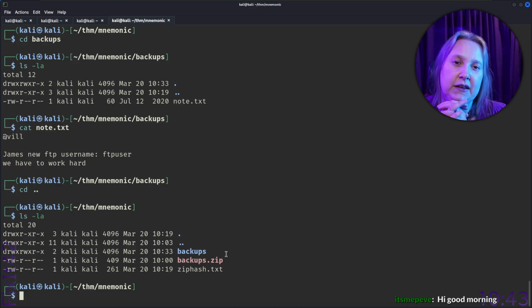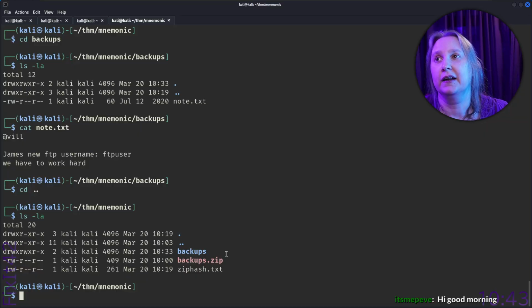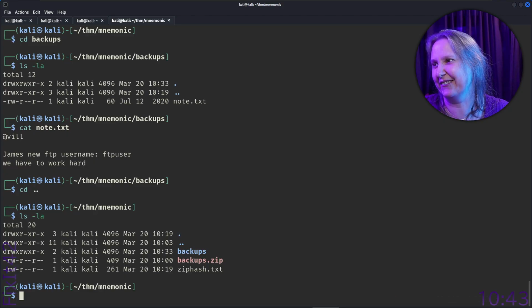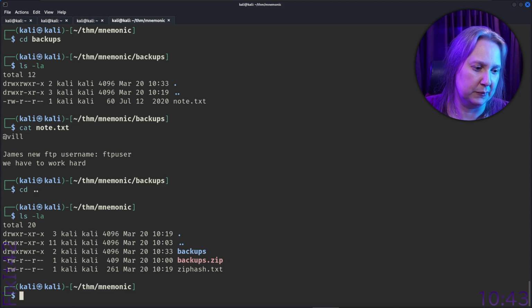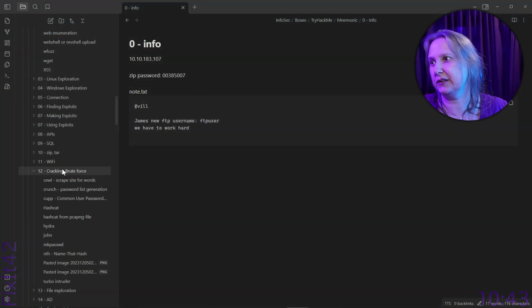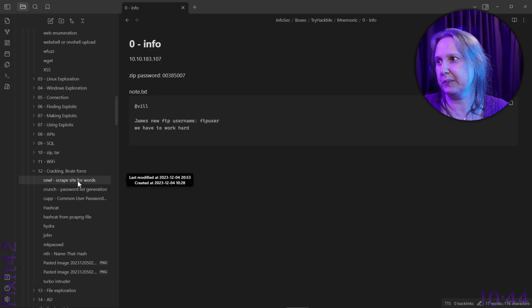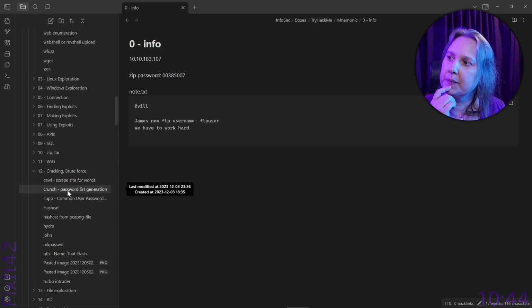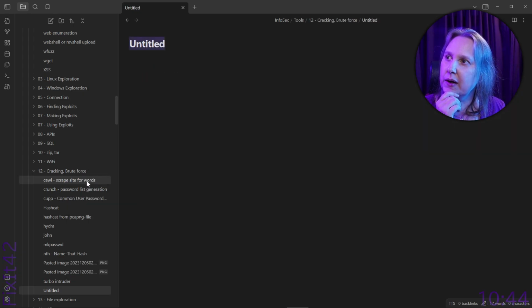Well, I guess that... let me look at my notes, because this is not the thing I do the most. Because I haven't done many of the boxes, actually. Let's see. We should add something here to my notes. We should have the information about the zip file. And why not add it now?